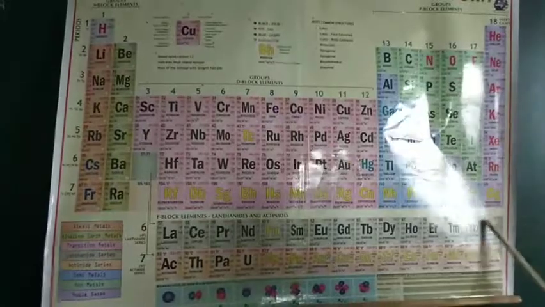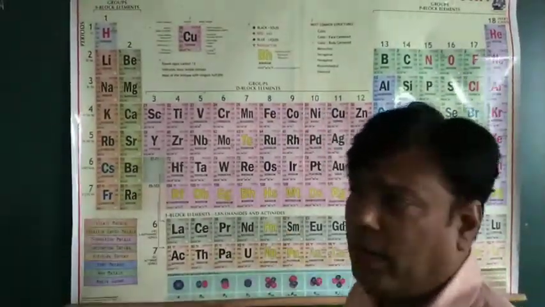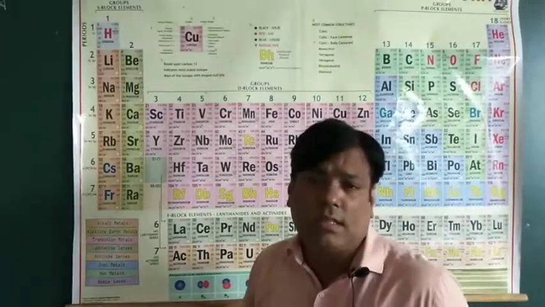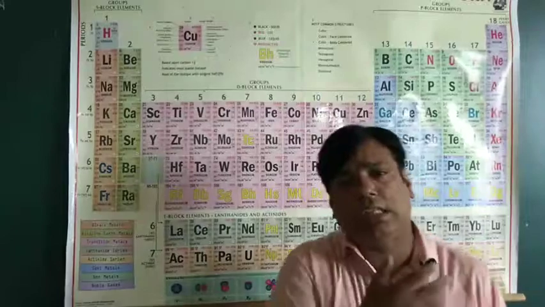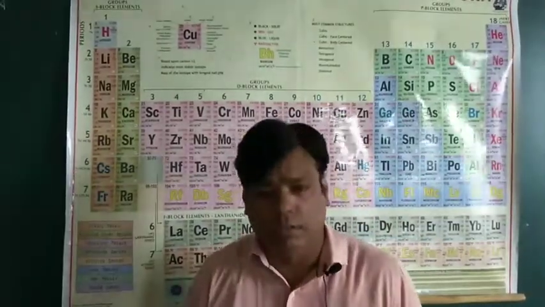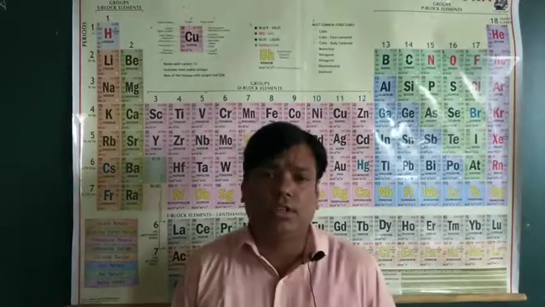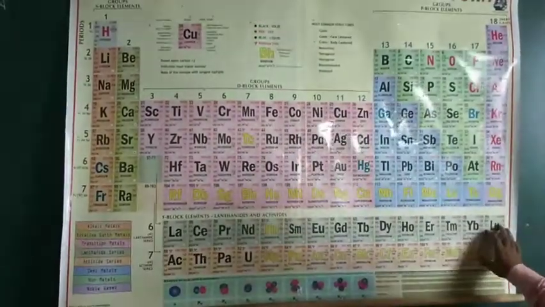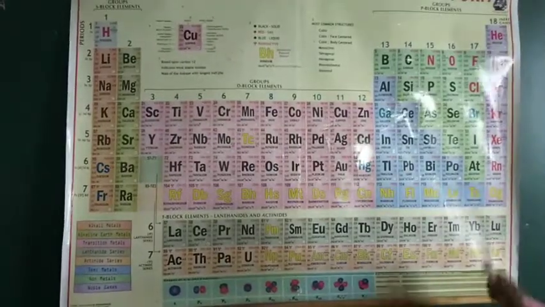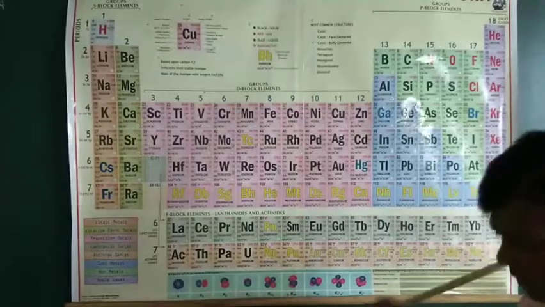Last one is our inert gas. Why is it called inert gas or noble gas? Because the outermost orbit of these elements is completely filled. So they are stable. They are not going to react with each other easily, right? So these are our 18 groups and 7 periods of the periodic table.